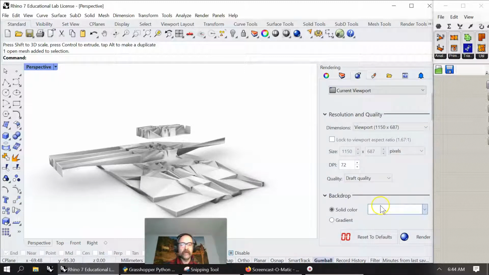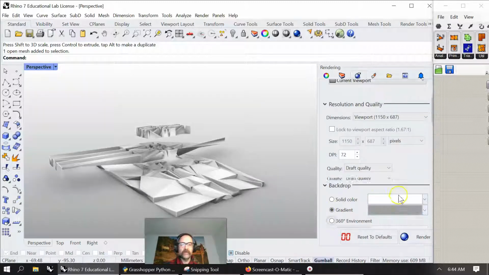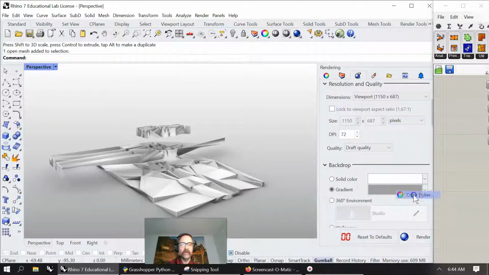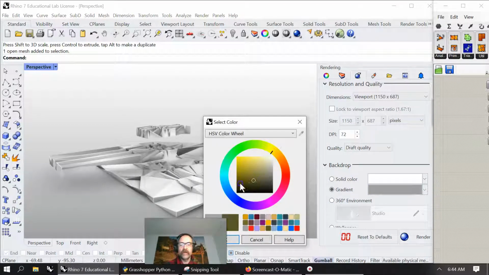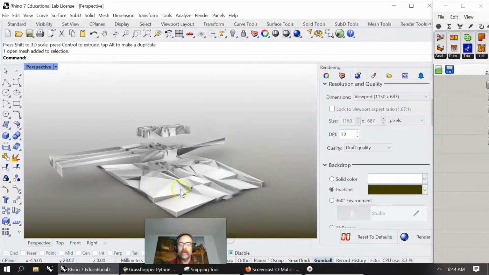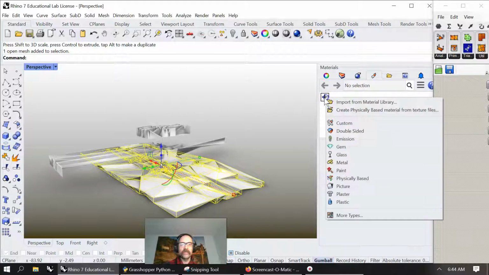Because I think people enjoy that when I do that on the video. You don't have to watch it if you don't want to. The gradient color can be set to something yellowish and dark, and we can get down in here and have 3 shades of blue on the material. So let's just do that. Let's take a shade of